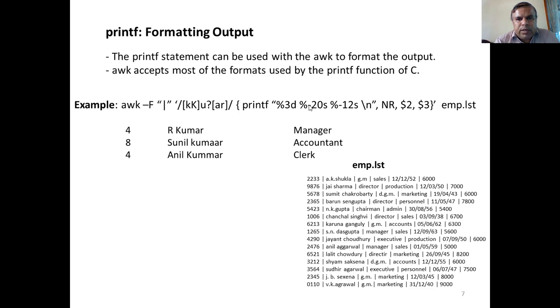So '-' indicates the output is left justified. Otherwise, by default, the output is right justified. Then the third field is 12 characters wide. Again '-' indicates left justified, and the format specifier is %s. To print each output on a new line, you specify the \n character.